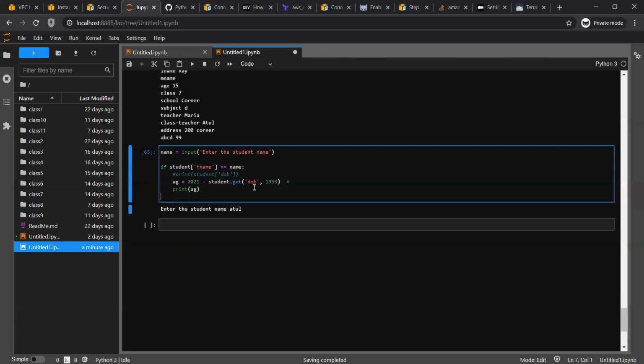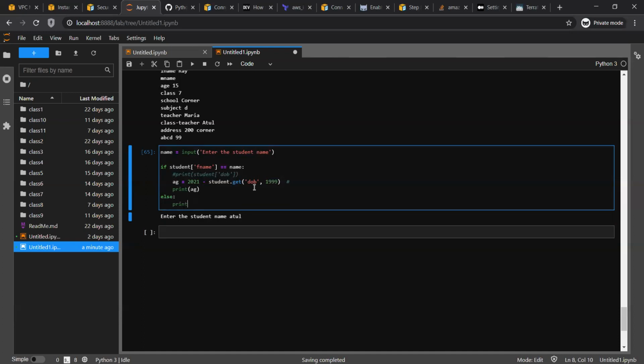So in that scenario, I have to write an else clause as well. What this will say: print f student does not exist in database, right?